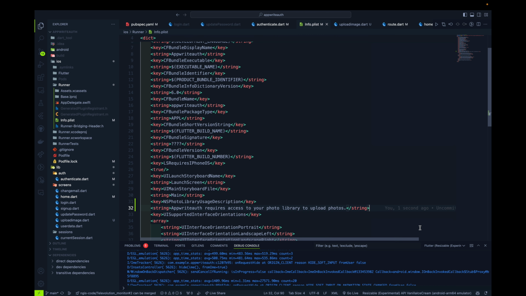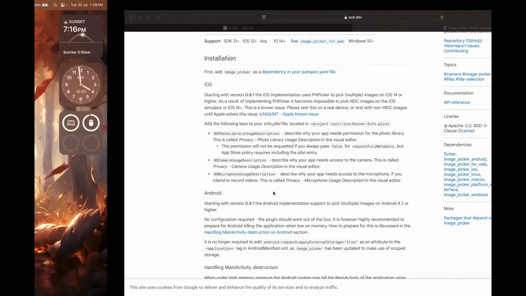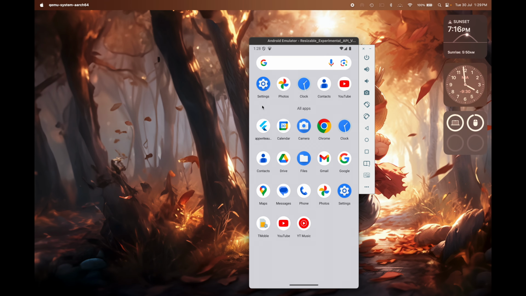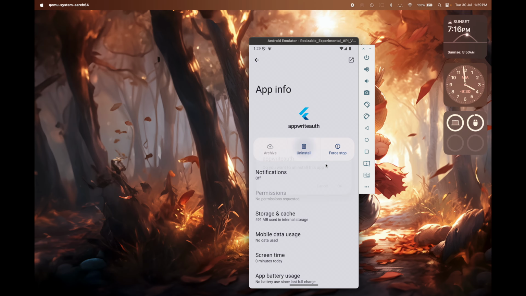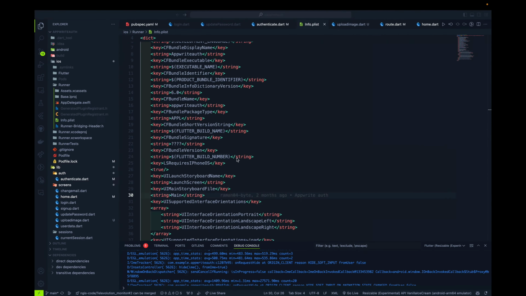Right now it's good for you to get some hands-on experience with this file, because in future you might need to create an application for iOS as well. So you should have some experience with the Info.plist file. Let me uninstall the app which I currently have, and let's run our application